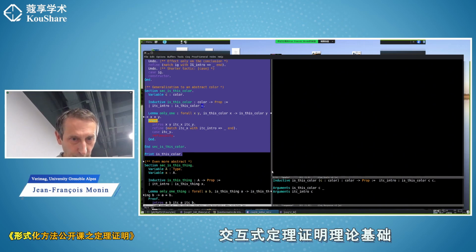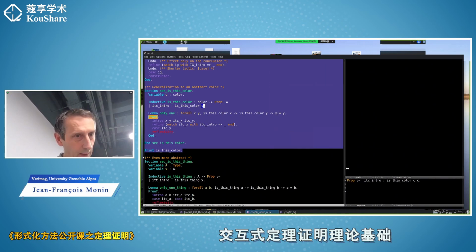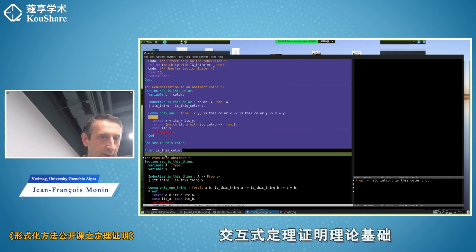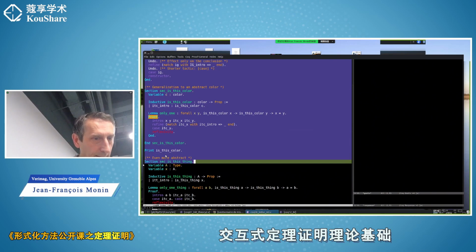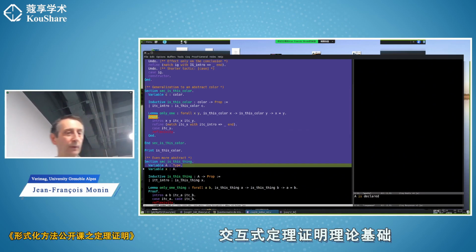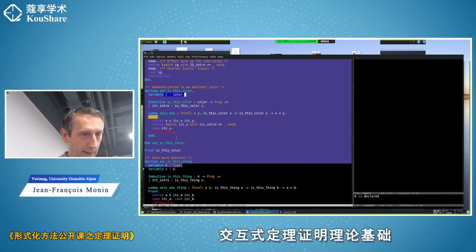Okay, just to see what we have done. So again, an additional level of abstraction. Instead of talking about colors, I will talk about any type. So instead of "is this color", I introduce an arbitrary type A. It could be a set, prop, or any type, I don't care. And then instead of C, which is a color, I have X,